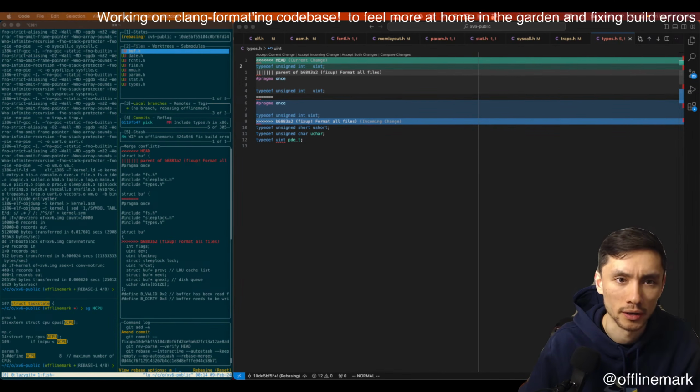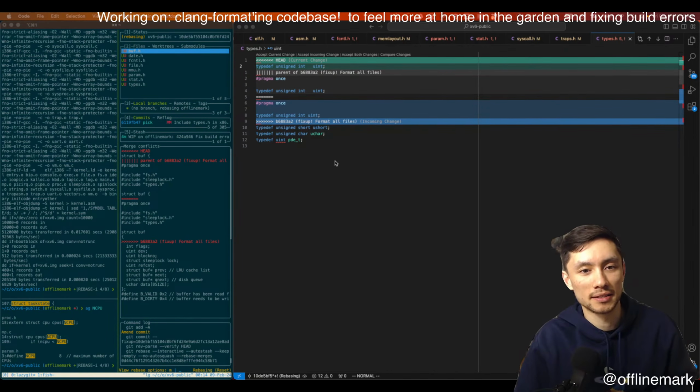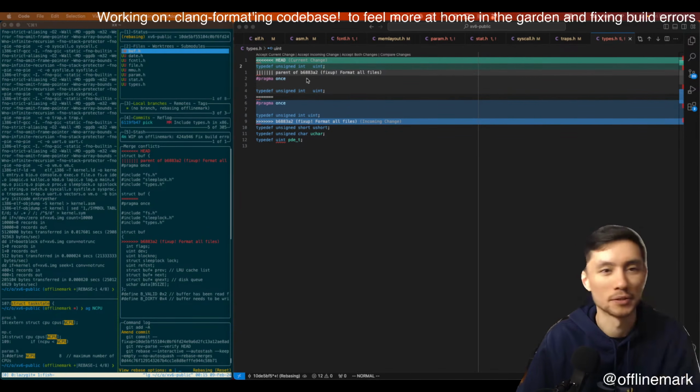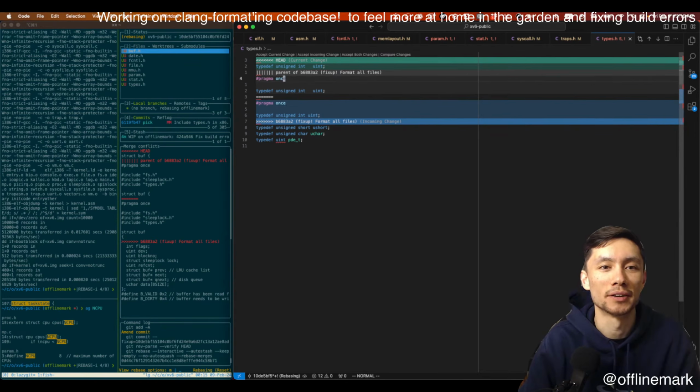Technically, I'm still working on Clang formatting the code base, but I will be done soon. I'm resolving some merge conflicts. So I know the proper resolution.